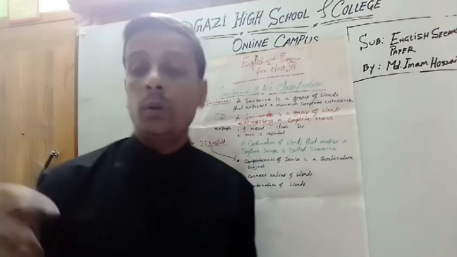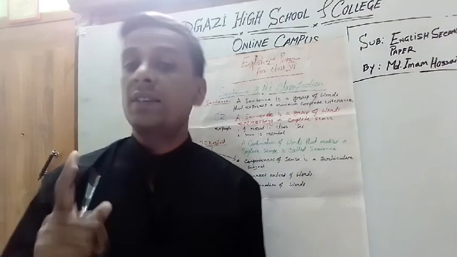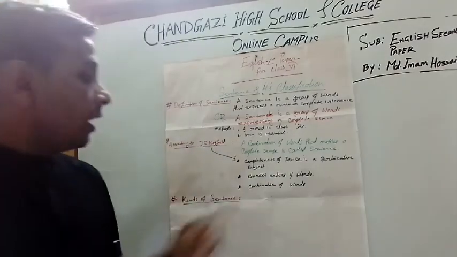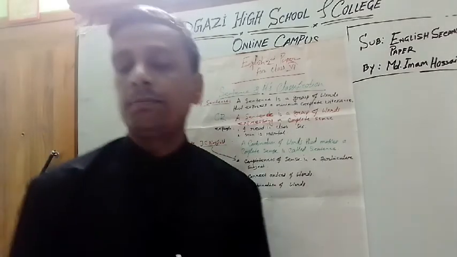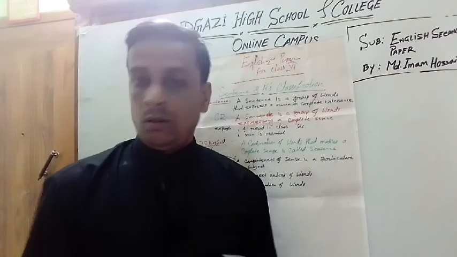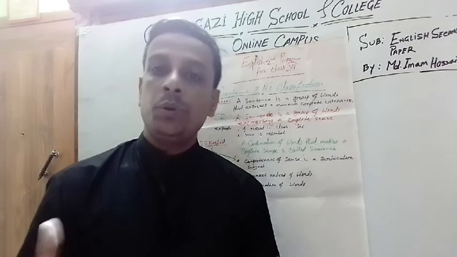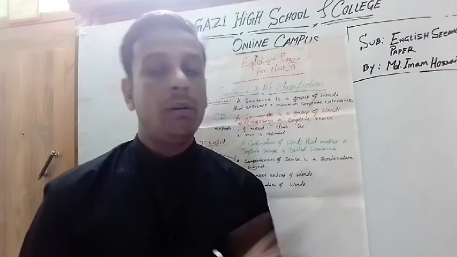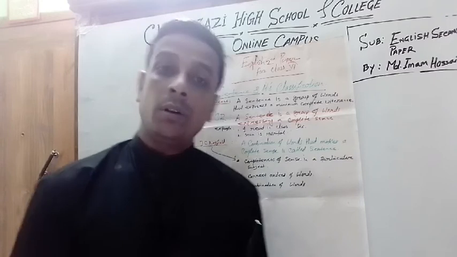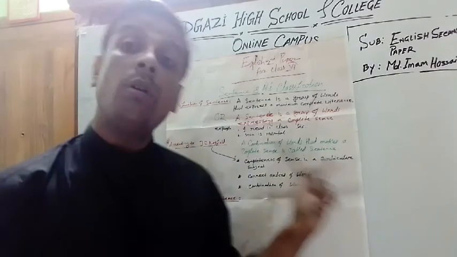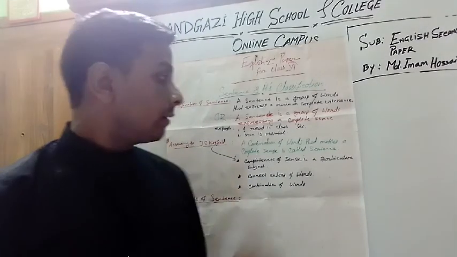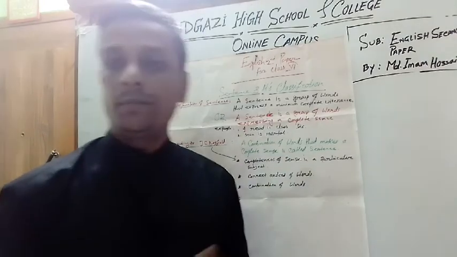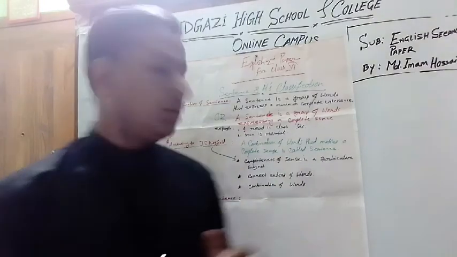That means whenever you make any sentence, that sentence must have a subject. And number two is correct order of words. Obviously, whenever you make a sentence, you use a group of words, and those words should follow an order. Like, I read in class 6: here subject, verb and object. You have to follow these grammatical rules.